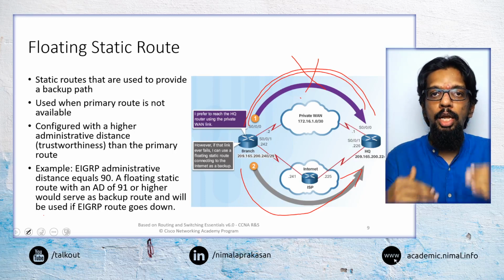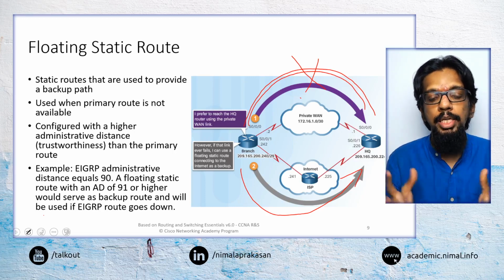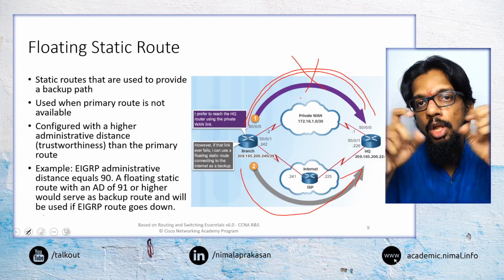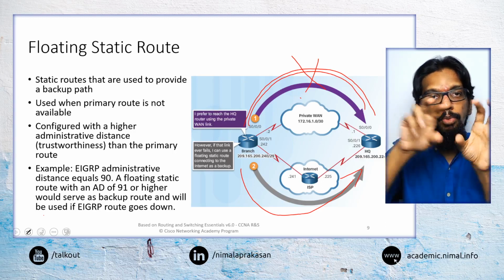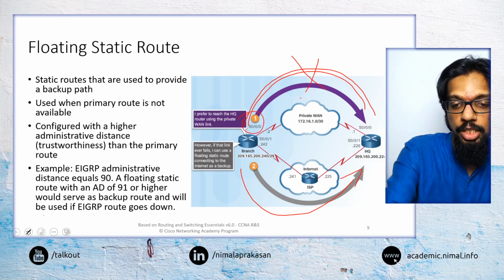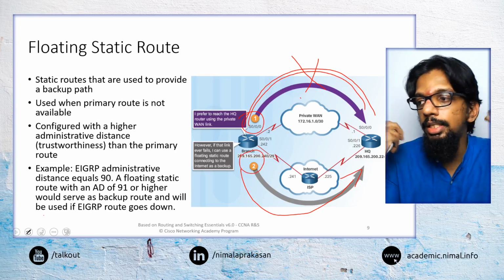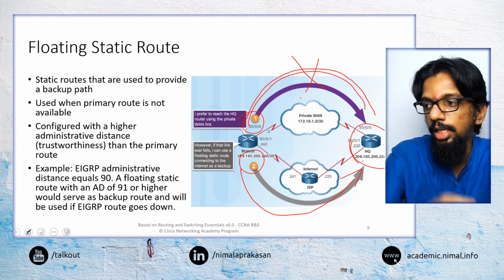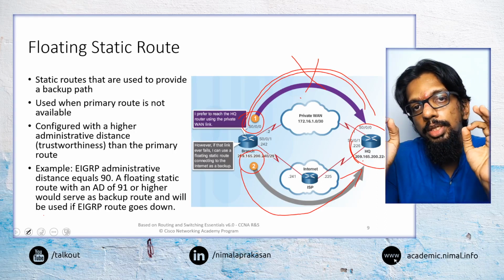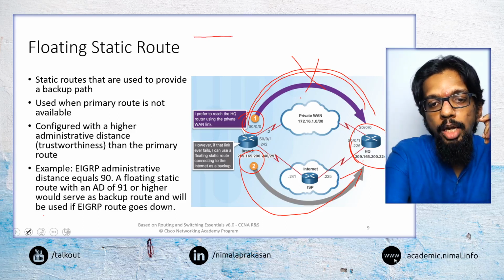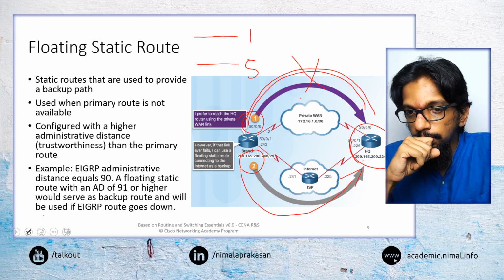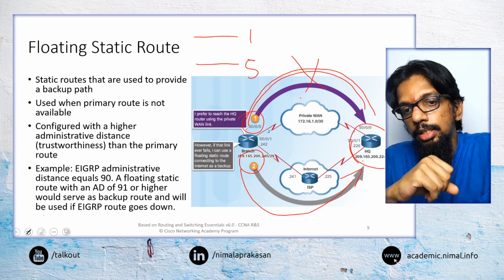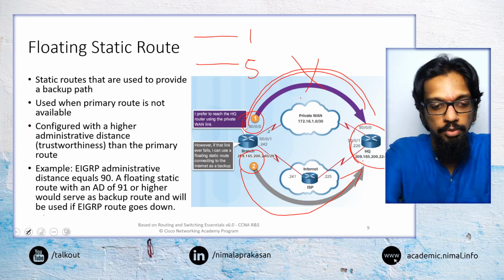And how we would prioritize this is using what is called the administrative distance of routing entries. So when we are specifying different routing entries, and especially when we are specifying for the same destination, because both of these routing entries are going to the same endpoint, in such situations, for one entry, we can say its priority is 1. The other one priority is 5, or some way of prioritizing. The way that we prioritize in this scenario is using what is called administrative distance.